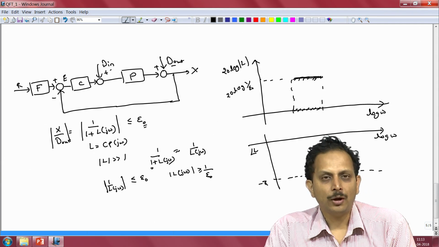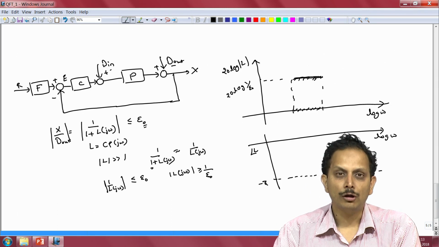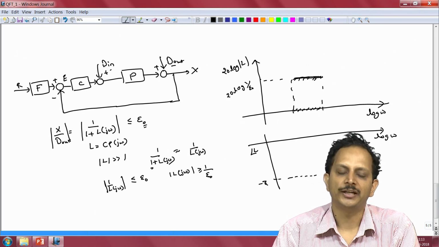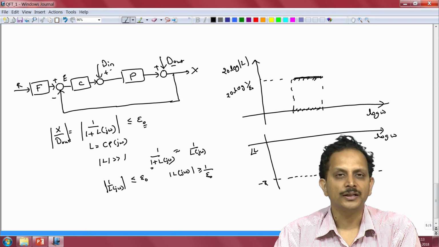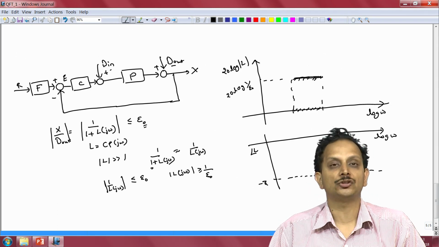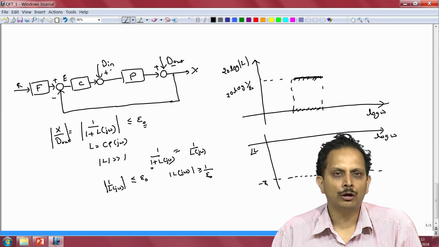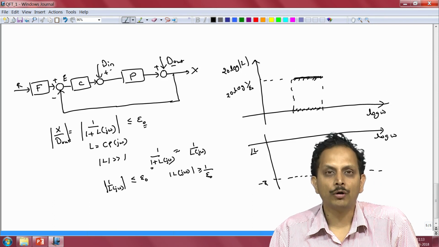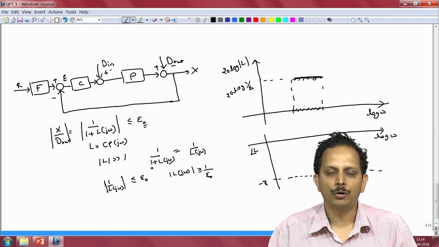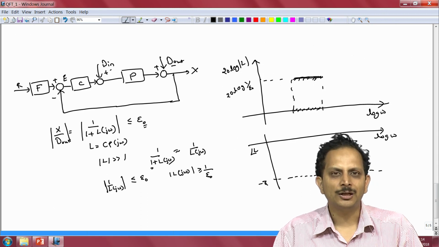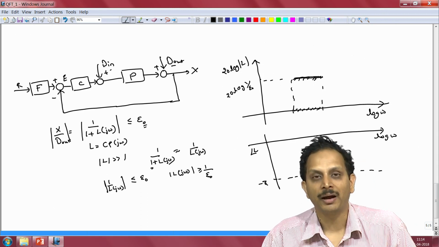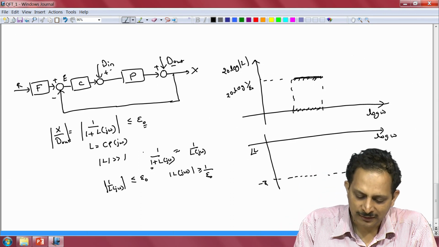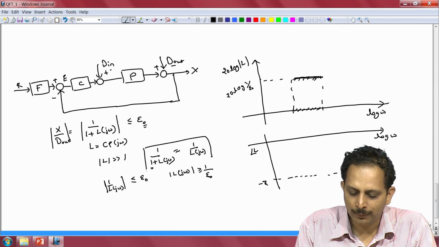Now, this approximation works fine as long as we assume epsilon naught to be a very small number, much smaller than unity. But suppose epsilon naught is a small number but not exceedingly small. So, let us say instead of epsilon naught being 0.01 or 0.001, we are okay with epsilon naught being 0.5 or 0.4, or in other words some small number that is still comparable in magnitude to unity, then you can easily appreciate that this particular approximation cannot be made.